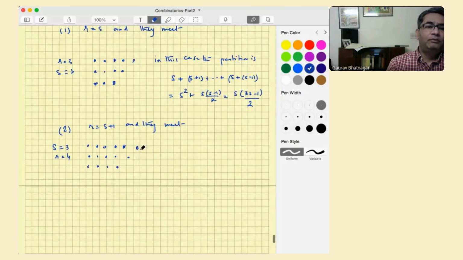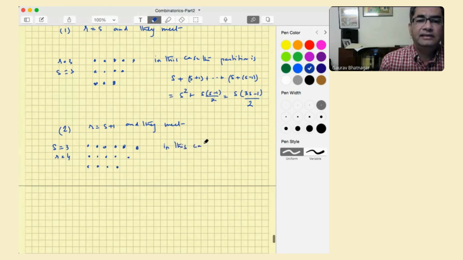And here the problem is this: if you bring this over down here, so here S is less than R, so you have to bring these downstairs. But if you bring them downstairs, they're equal. So they don't remain distinct parts. So this is a problem. And in this case, the partition, it's a partition of